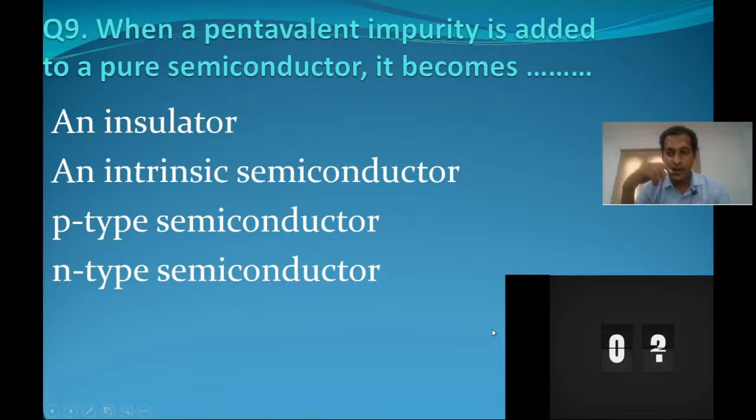Your time starts now. This is a very basic and important question. For a hint, a pentavalent impurity has 5 valence electrons in the outermost shell, and a semiconductor has 4 valence electrons. When these 5 are added to those 4, what happens? Whether we get an excess number of electrons or holes. Are we adding electrons? If we are adding electrons, it will become negative type. If we are adding more holes, it will